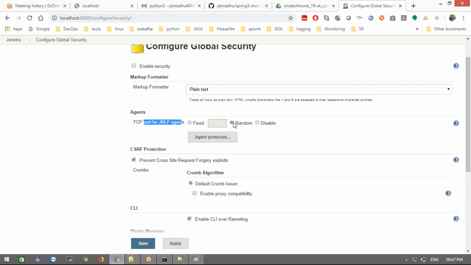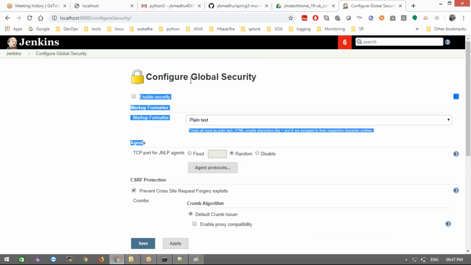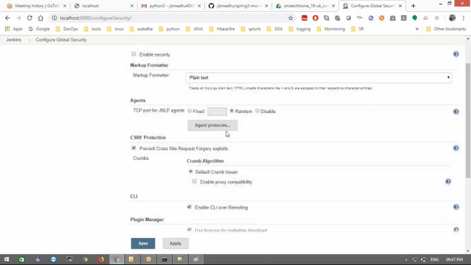You need to select Random instead. Under Configure Global Security, in the Agents section, select Random, then apply and save it. That is how we start the agent using JNLP agents. Clear? By default Fixed will come, so you need to select Random, apply and save it.